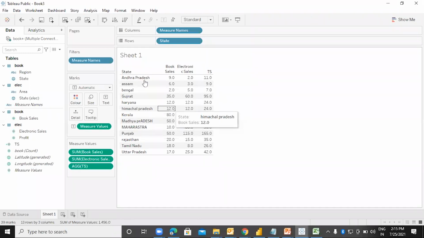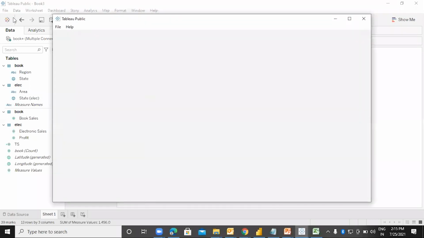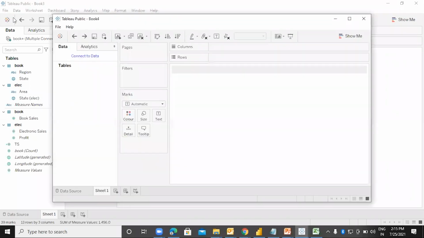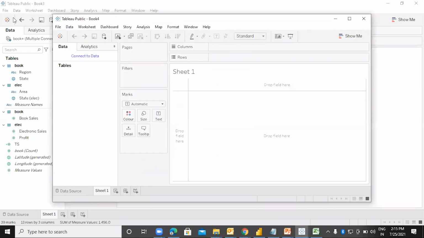Okay, now in Tableau we have one more thing. Till now we have always seen that if we wanted to work with multiple data sources, the only option is the join. But in Tableau we have one more step ahead of it, that is known as data blending. Blending means mixing of data. So you will see that without creating a join, we will be able to work with multiple data sources.